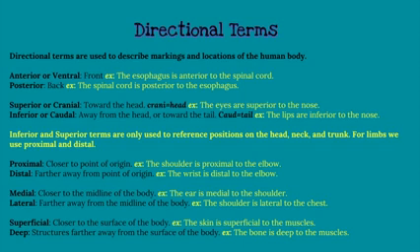Anterior is a term that references the front of the body or an organ. For example, the esophagus is anterior to the spinal cord. It's in front of the spinal cord. While posterior is a term that references the back of the body or an organ. For example, the spinal cord is posterior to the esophagus, meaning that it is behind or in the back of